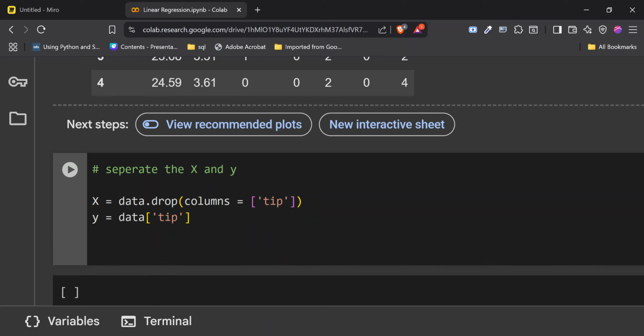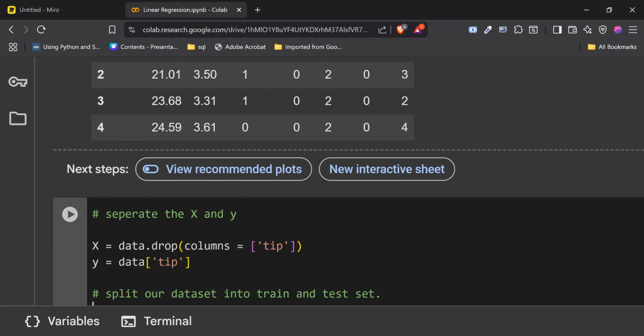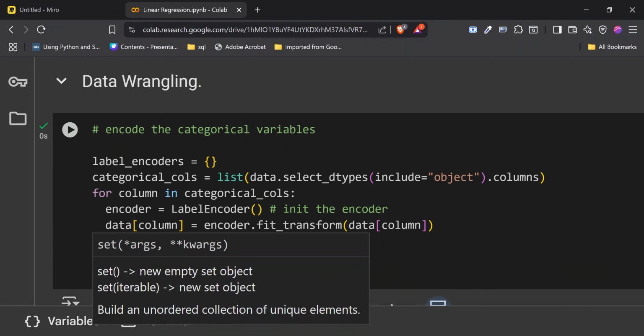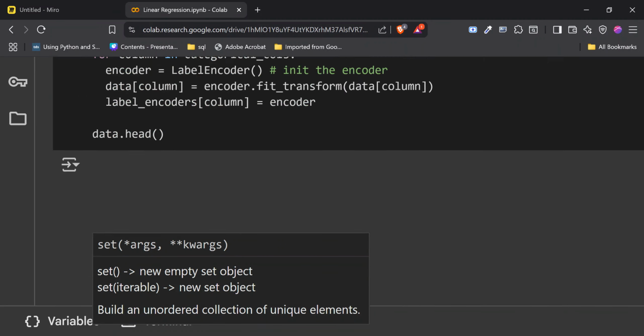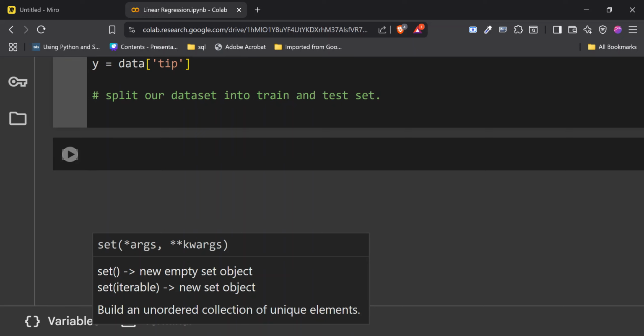Great. The second thing that we need to do is split our data set into a train and test set. So what does that mean? You can think of it like this. You are trying to teach some students how to do something. Let's say you're a math teacher, teaching them mathematics.